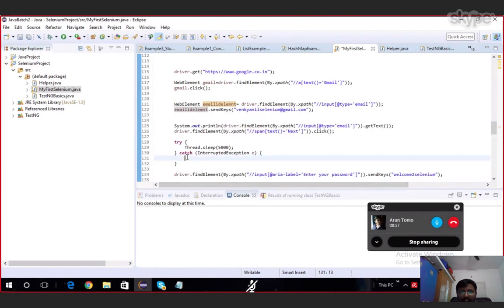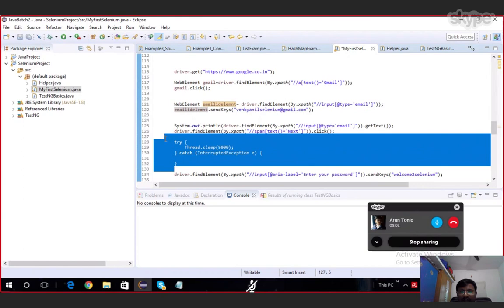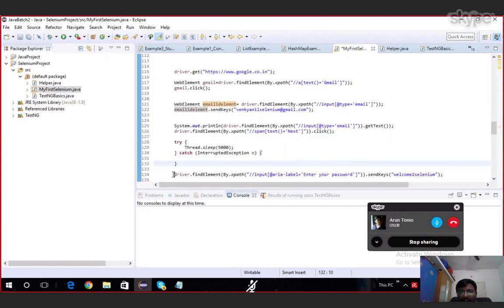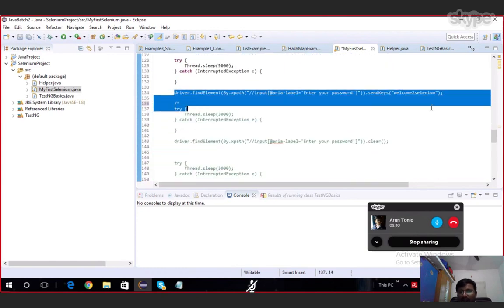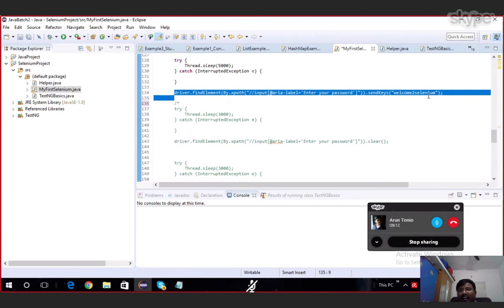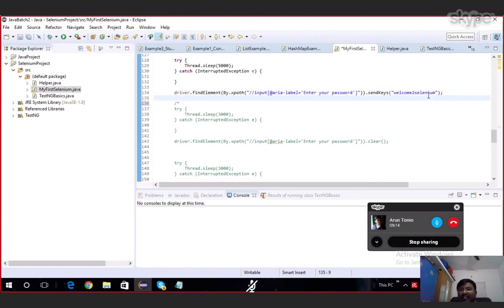And then we are waiting for some time, because immediately after you click on next, that page will take some time to load. Immediately if you try to find the element of password field, it may not work. That is the reason I am waiting for some time. Now here what I am going to do is